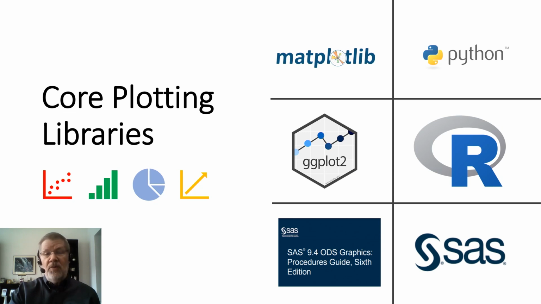Today we're going to look at what are generally considered the core plotting libraries for graphics coding in Python, R, and SAS. Although it should be mentioned that there are many other graphics libraries and frameworks for R and Python that build on the core libraries or present other alternatives. SAS also has some other data viz products, including SAS Graph, SAS Visual Analytics, JMP, and IML.